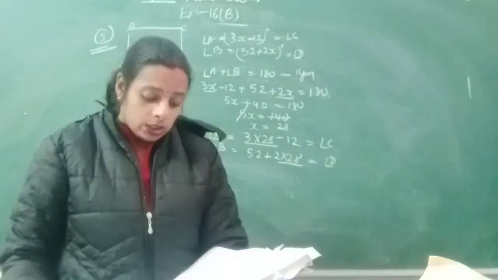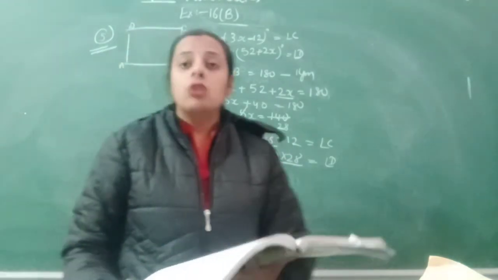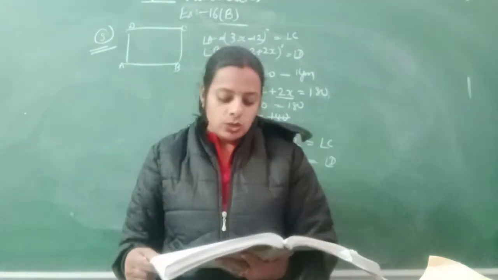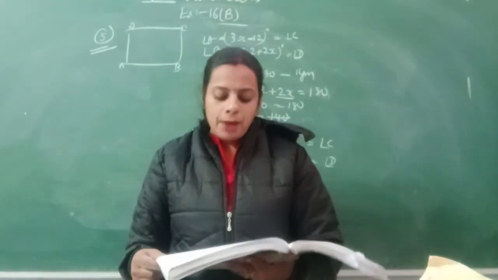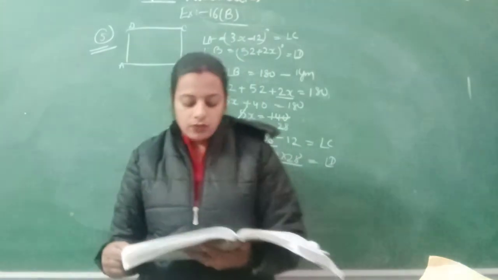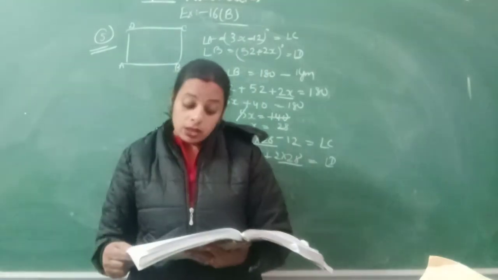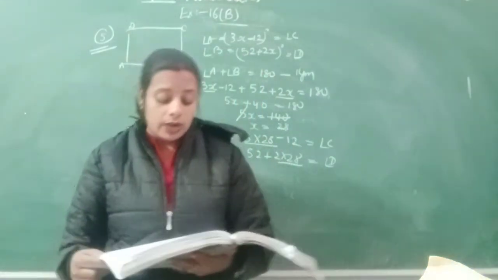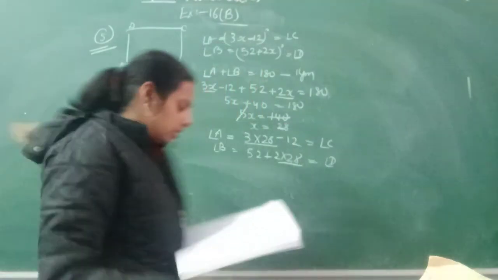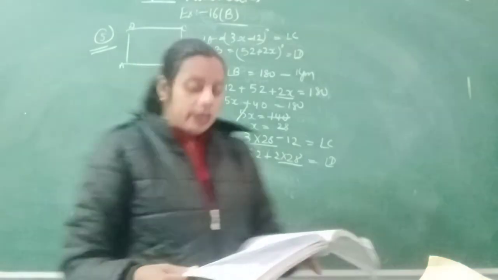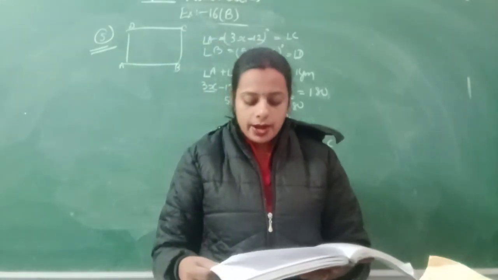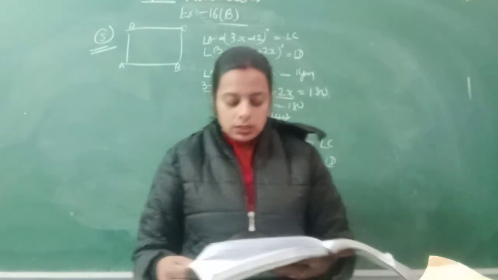Question number 6. The table is already given. I am just explaining it. You will try by yourself. As you can see, a table for the parallelogram PQRS is given here. Study it carefully. Is the information given correct? If not, then why? In the first one, the value of PQ is given 3.9 and QR is 7. Angles Q, R, S and P. As you can see that P plus